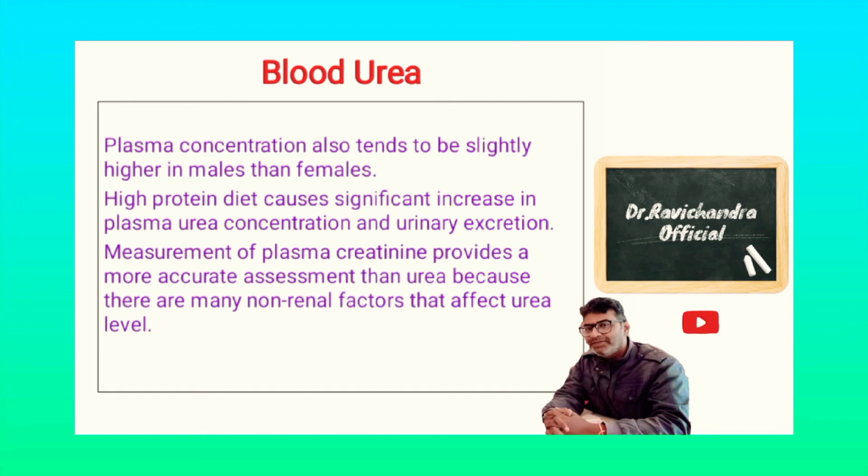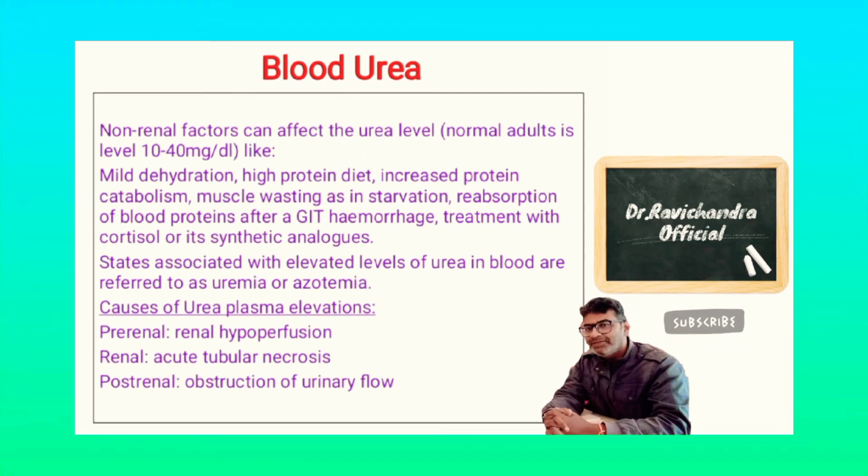Plasma concentration also tends to be slightly higher in males than females. A high protein diet causes a significant increase in the plasma urea concentration and urinary excretion. Measurement of plasma creatinine provides a more accurate assessment than urea because there are many non-renal factors that will affect the urea level. The non-renal factors that can affect the urea level: mild dehydration, high protein diet, increased protein catabolism,